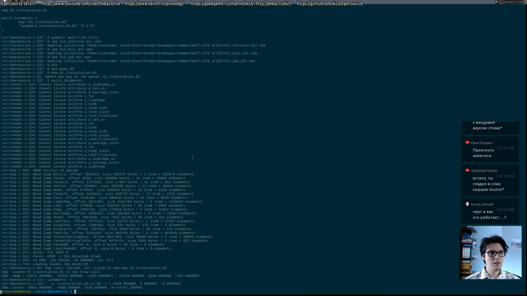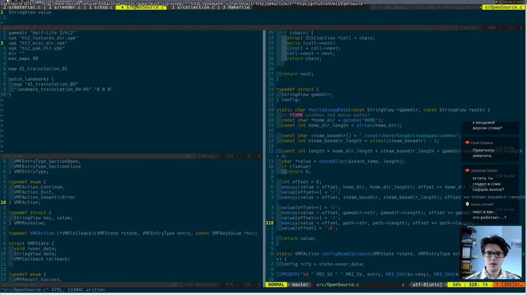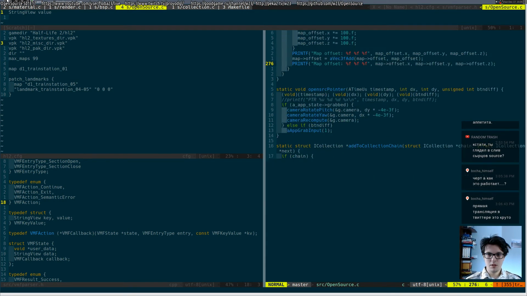Okay, so now it read one file, but it didn't read the max maps. Probably I will just